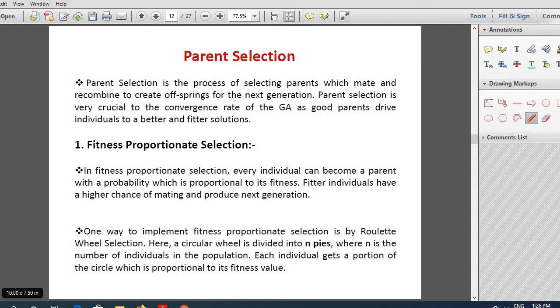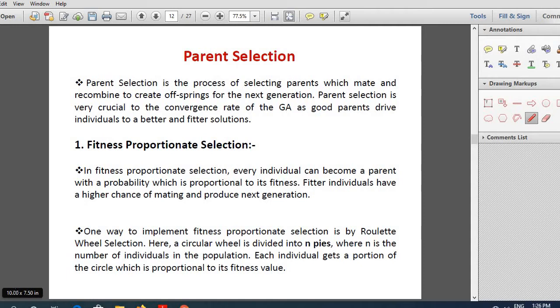I told you that initially in a genetic algorithm, we select a population of solutions. Say out of some 10,000 possible solutions to a problem, you select just 100. From those 100, you have to choose parents based on the best fitness.